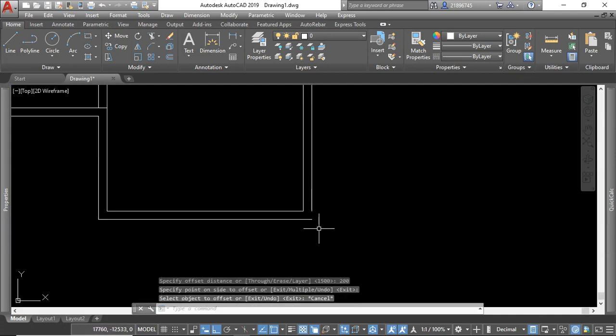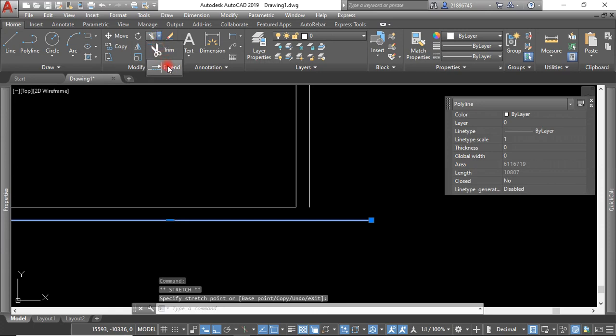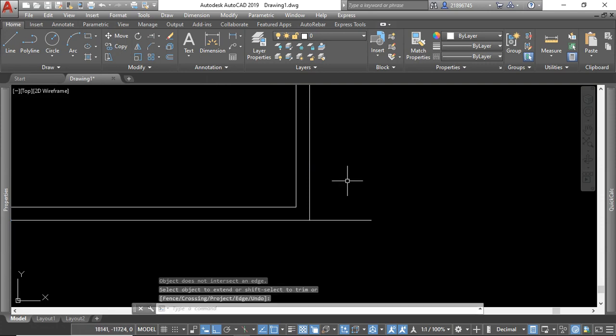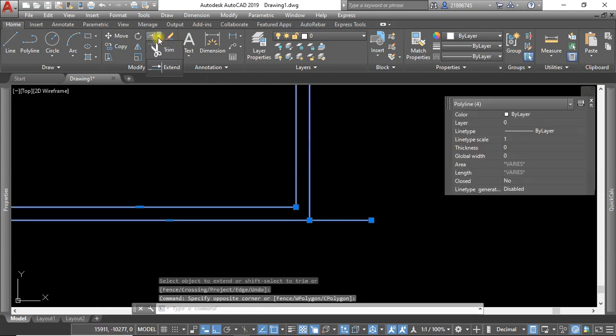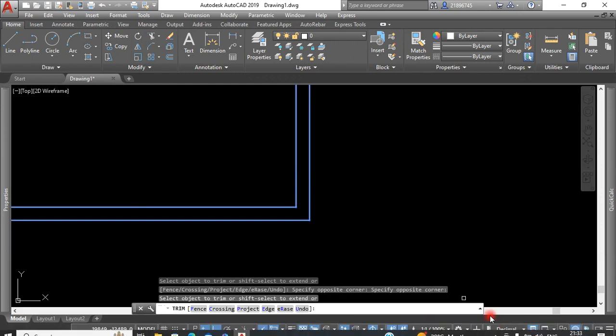So for us to be able to end up with something complete here, we just extend. Now we extend, then we select enter, then we select again, we trim. Okay, so